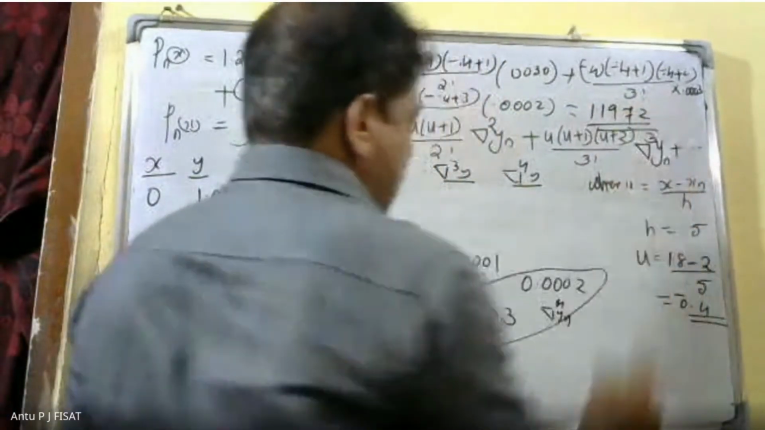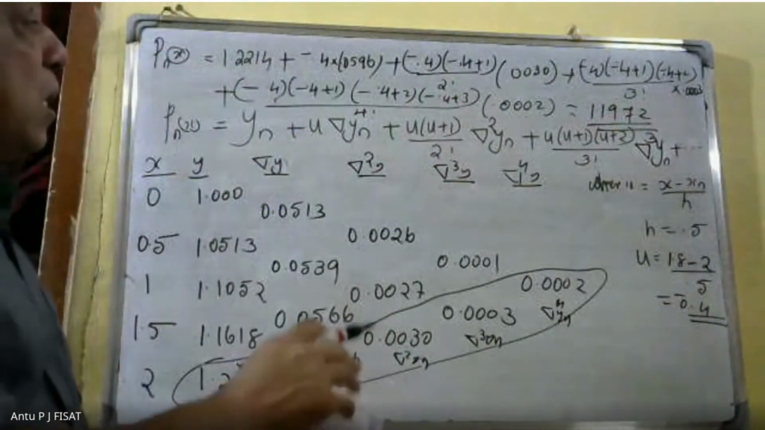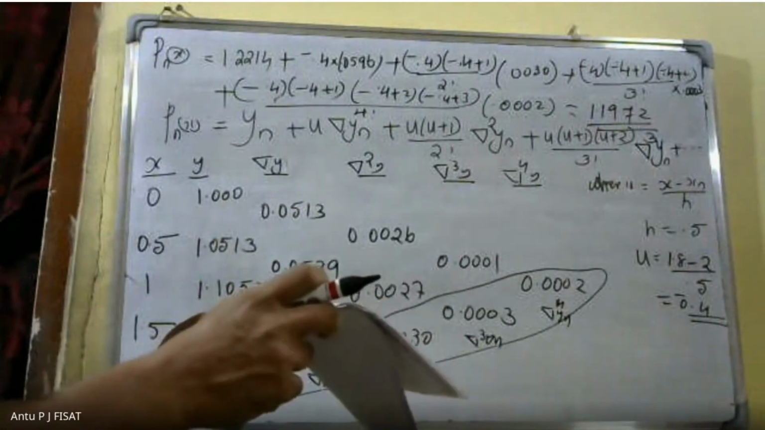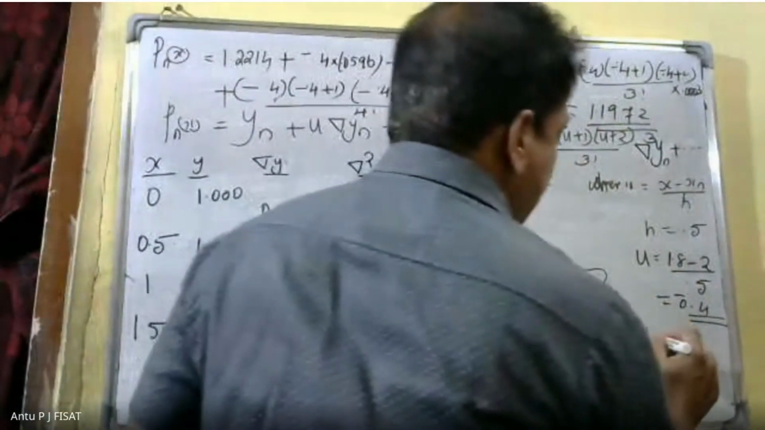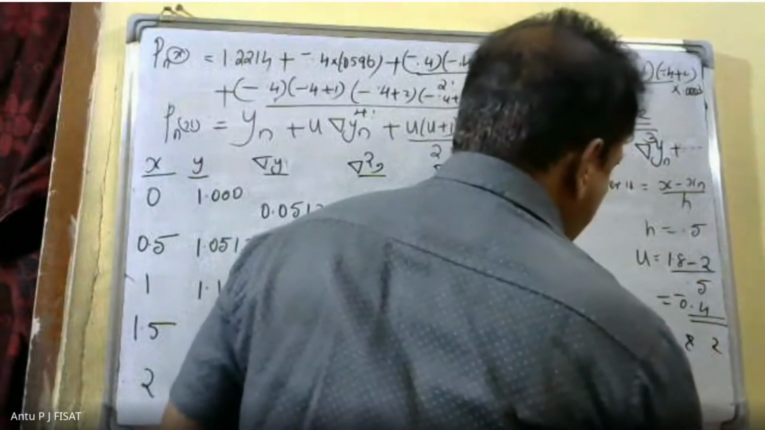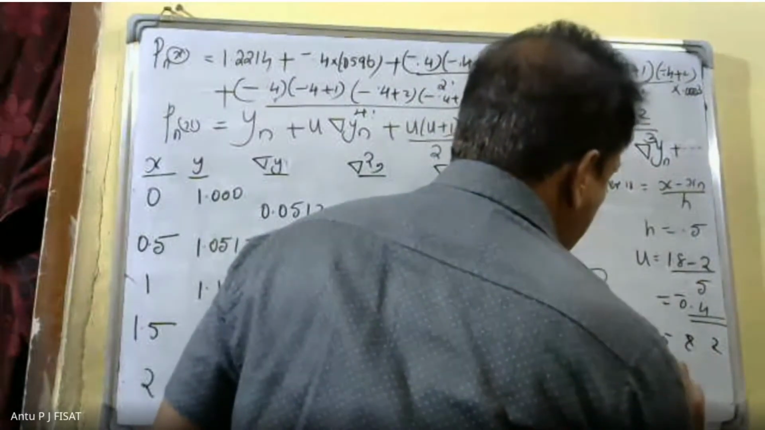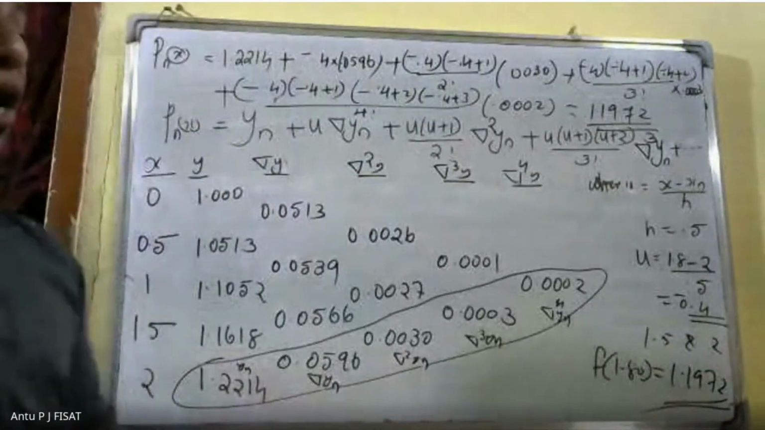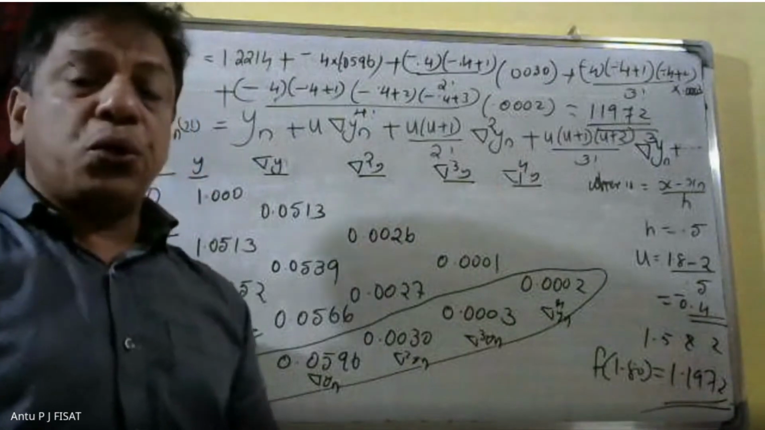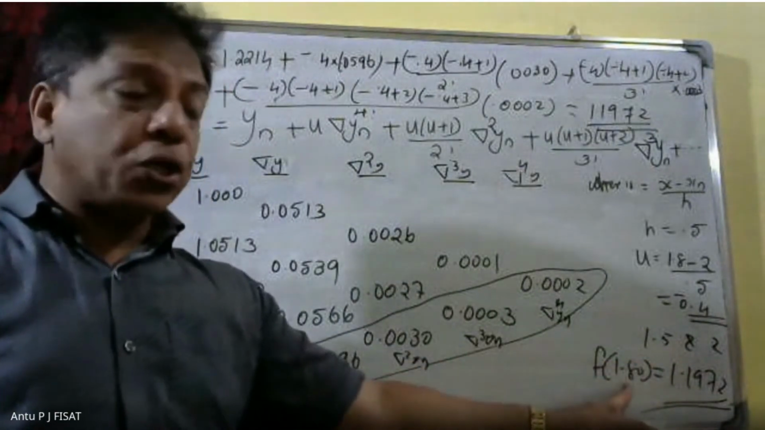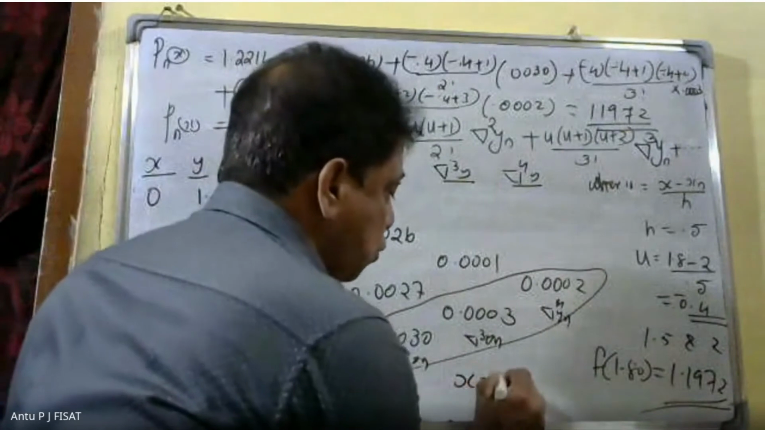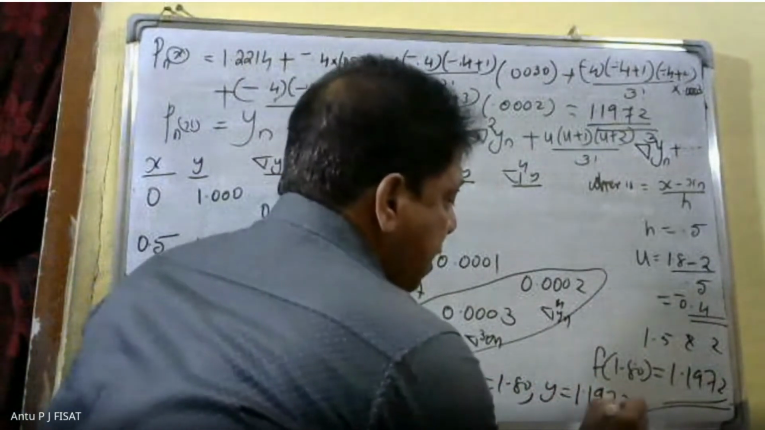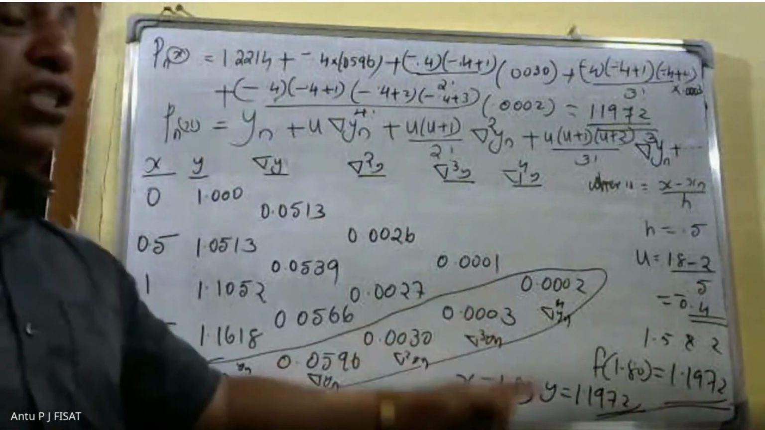1.1972. That is, we have to find the value in between 1.5 and 2. That is, we have to find out 1.80 is equal to 1.1972. Therefore, the value f of 1.80, when x is equal to 1.80, the corresponding y is equal to 1.1972. This is the procedure for